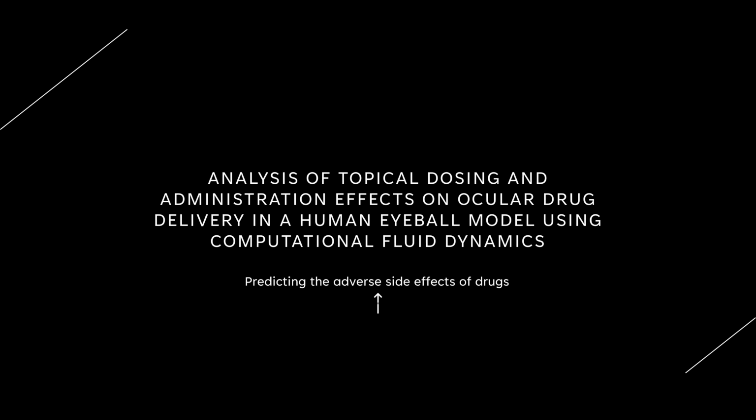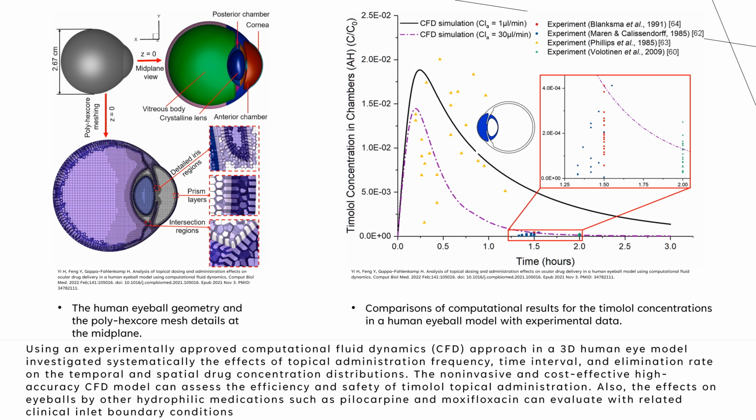And the second one is about predicting the adverse side effects of drugs. The research titled Analysis of Topical Dosing and Administration Effects on Ocular Drug Delivery in a Human Eyeball Model using Computational Fluid Dynamics. In this research, the effects of topical administration frequency, time interval, and elimination rate on the temporal and spatial drug concentration distributions are investigated systematically in the study using an experimentally approved CFD approach in a 3D